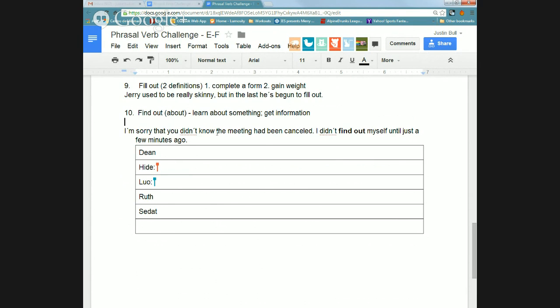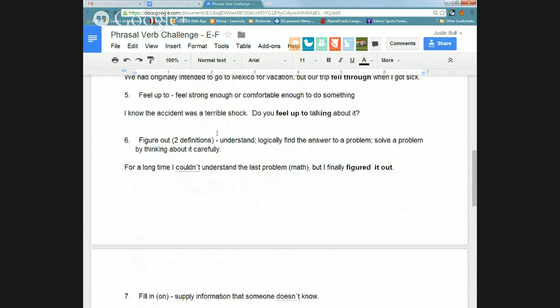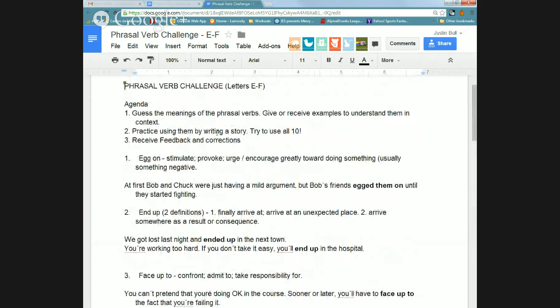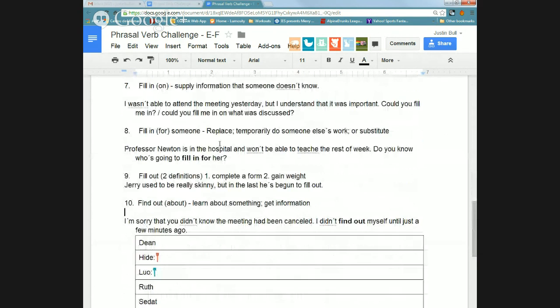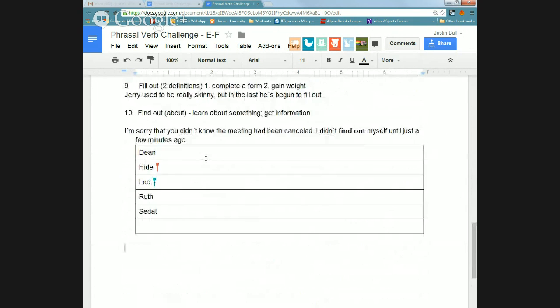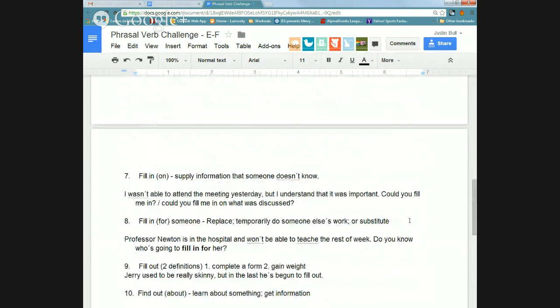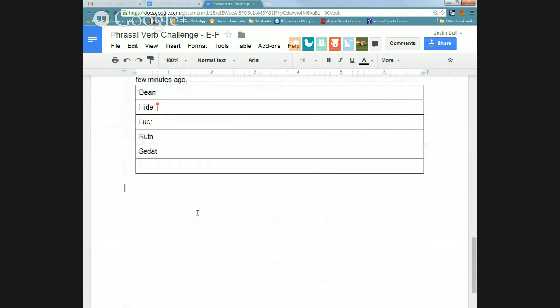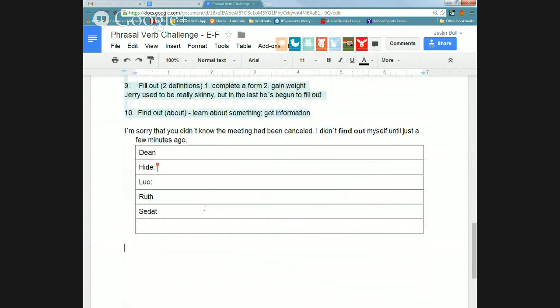Can you guys move up and down like this when we're sharing this? You can see all the examples, correct? Can you guys see all? Can someone tell me if you can read all of this when I have the document shown like this? I think so. If not, let me know if you can't see all the examples, okay?